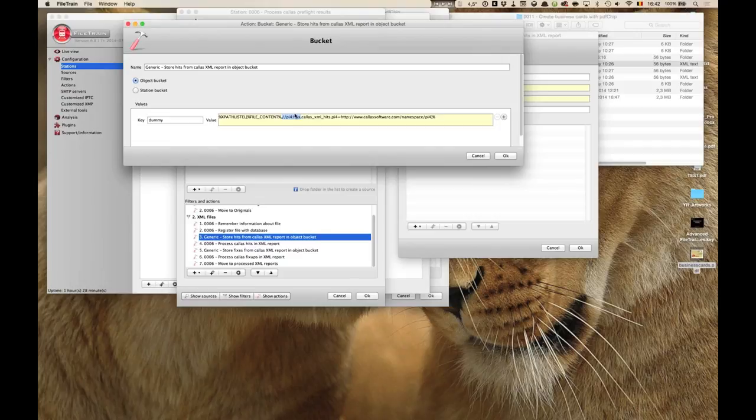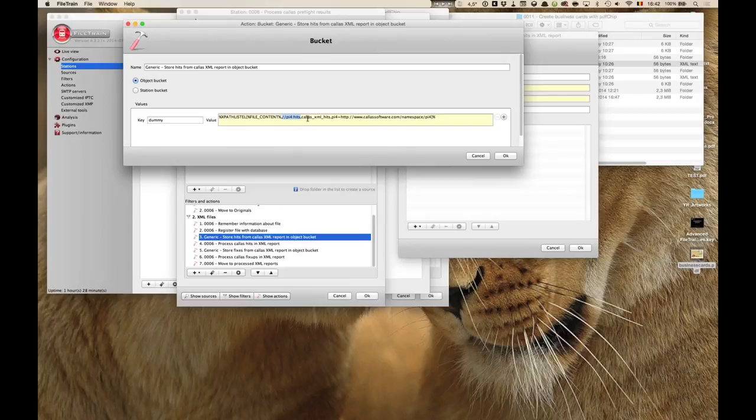Each hit is an error, a warning, or an informational item. Well, this little XPath instruction gives me a list of all of the hits in that XML file. So if there are 10 preflight errors, it will give me 10 XML elements, and it stores those elements inside of a